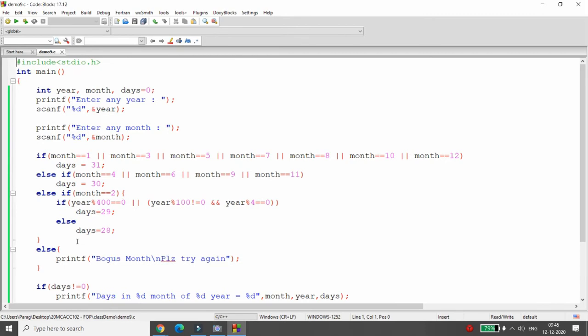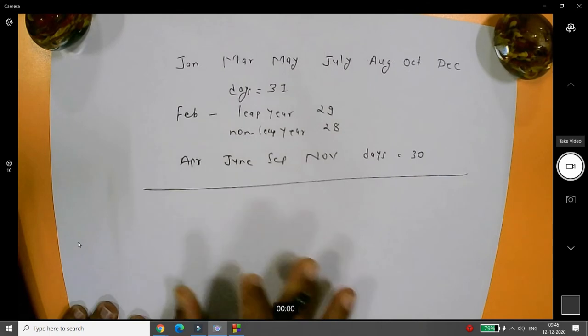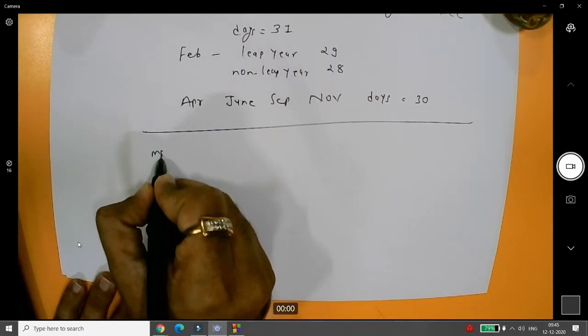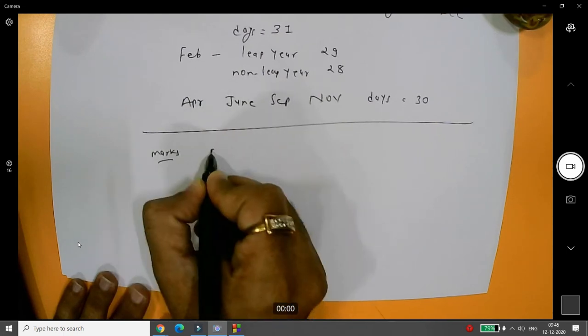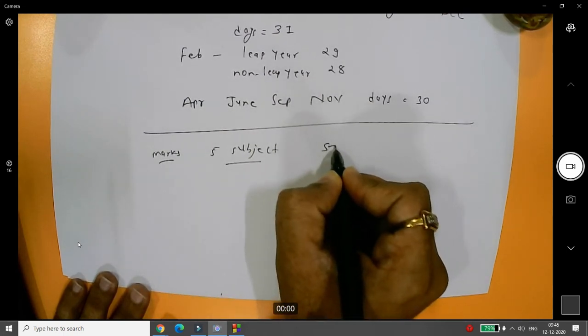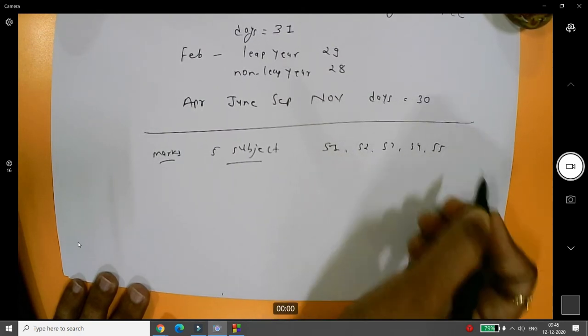Now I want to give you one more example of if condition, and that is in a range condition. Let me do the practical first over here, that what I want to do. I want to take the marks of 5 subjects, that is, subject 1, subject 2, subject 3, subject 4 and subject 5.